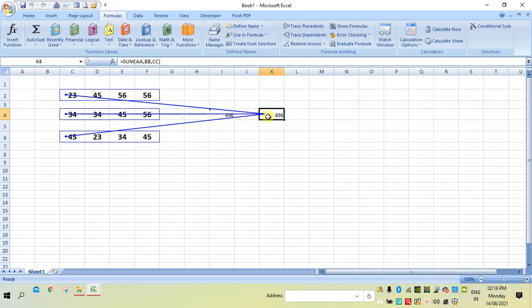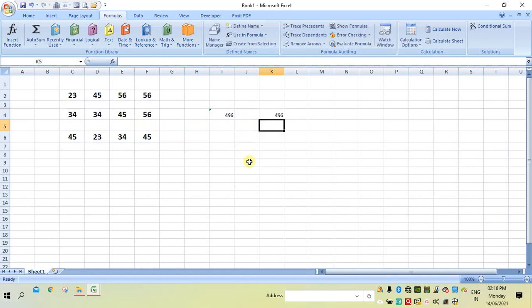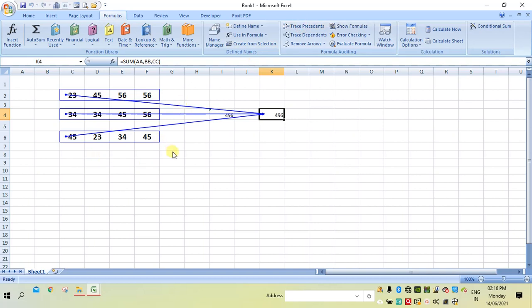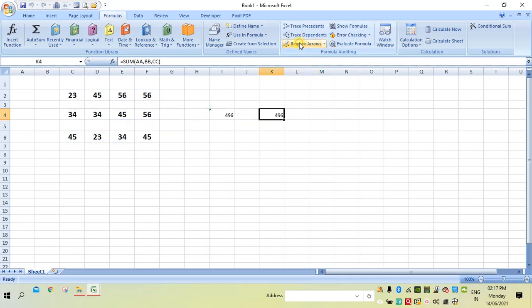It is individual rows because in this formula we have separately specified the ranges. So AA means this first row, BB means second row, CC means third row. That's why here we have 3 arrow marks. So to remove these arrow marks, simply you click on this.